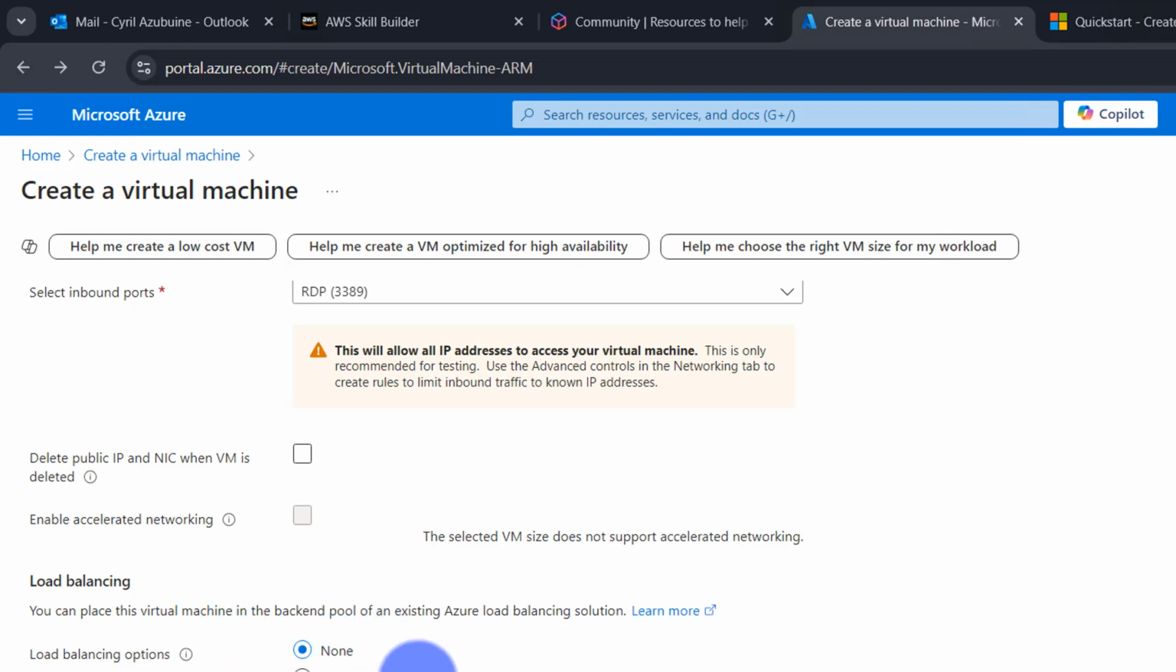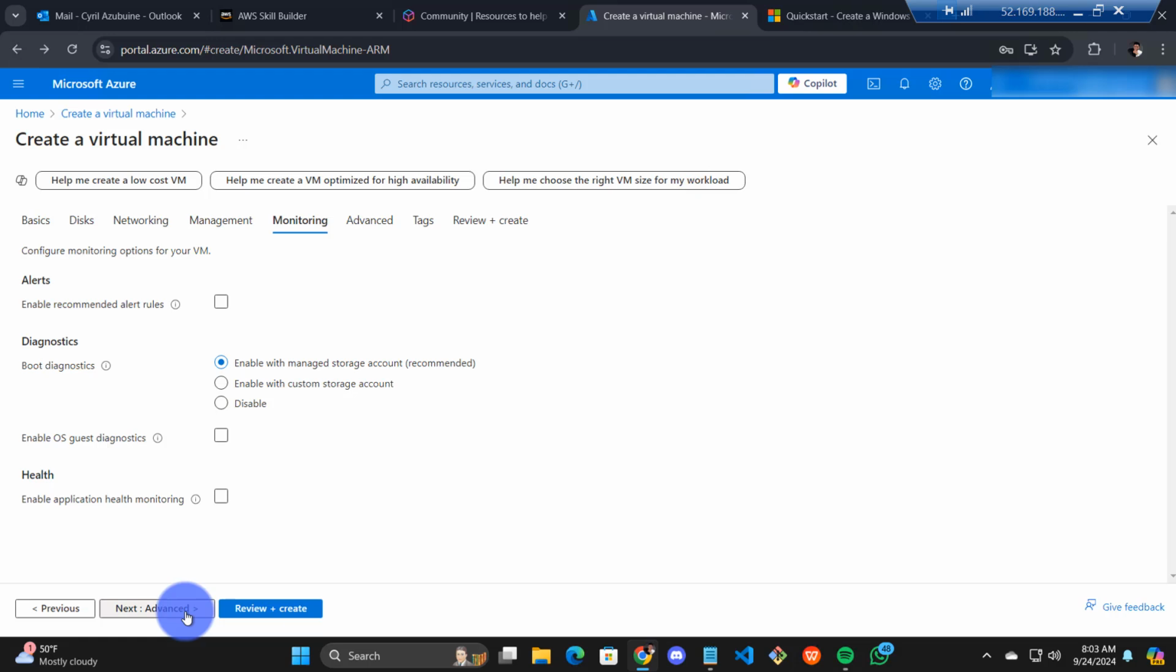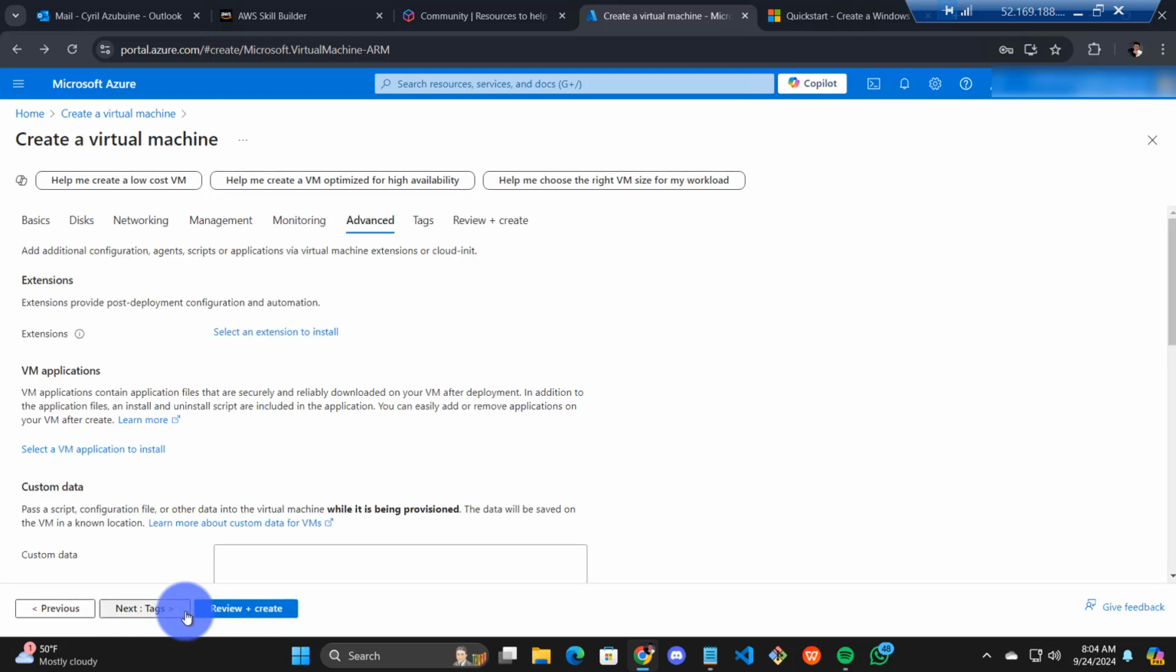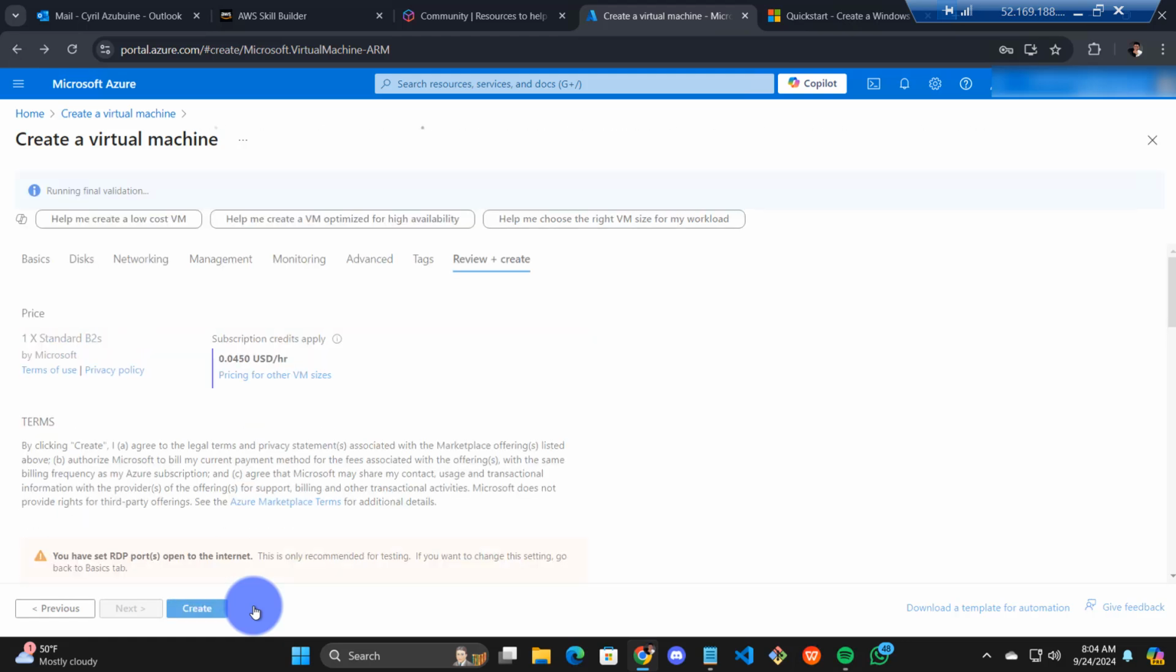We don't need to create any load balancer for this VM. Yeah, we don't need that. So for management we don't need anything here. We could just leave this as default for now. Advanced, monitoring, tags. So I think the best thing is just to review and create. You can actually do the other ones later on. So I'm gonna click on review and create just to create our Windows Server 2022 Datacenter, and it's gonna pass validation that okay, everything is fine. Then we click on create,